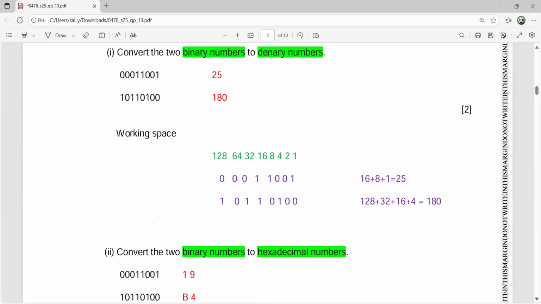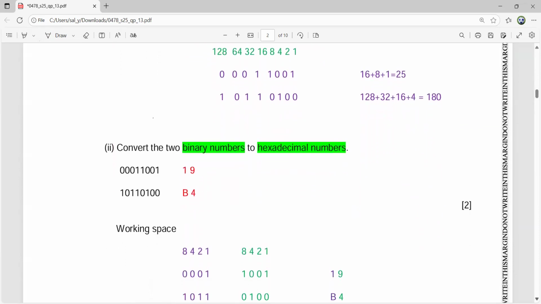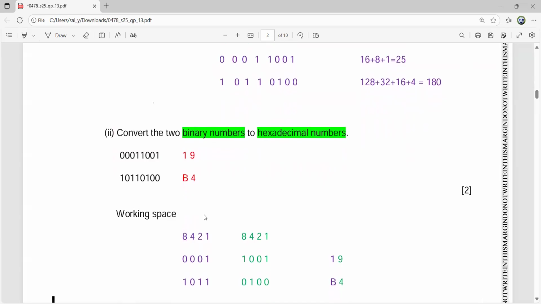Convert the two binary numbers to hexadecimal. Now for that, be very cautious. It is done in the working space for you to understand how to do it. 0001 is the first nibble and the next nibble is 1001. If you just want to do it on your paper directly, you can do it this way also.